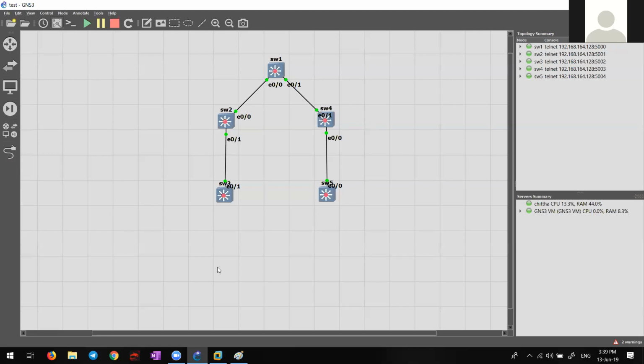What is the problem? Overlap. What is the overlap error message? Guys, what is the meaning of the overlap error message in a router? What do you mean by that?